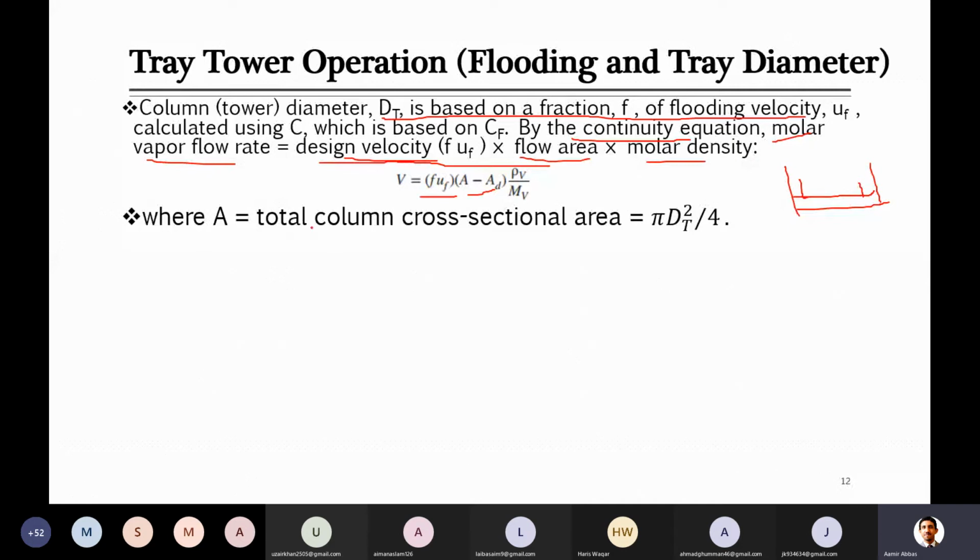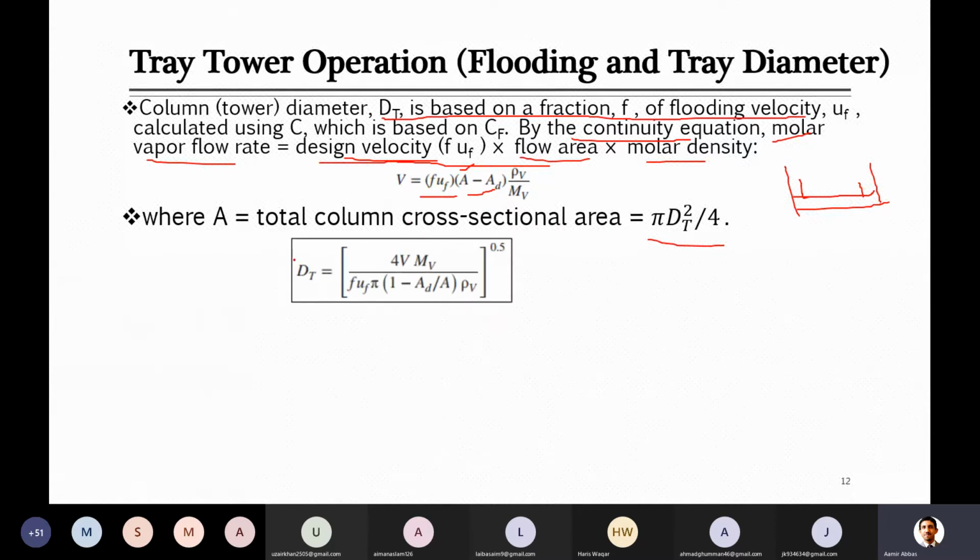Here A is the total cross-sectional area, and we can write it in terms of diameter, that is pi d square by 4. When we say the total cross-sectional area of the tray, there is the active area, that is total area minus downcomer area. So this A we can replace with pi d square by 4, where d is the diameter of the tower. Just replace A with this, rearrange the equation,